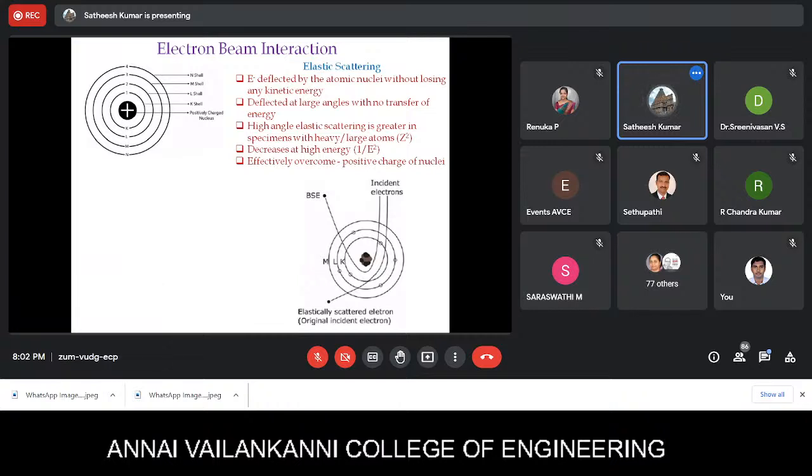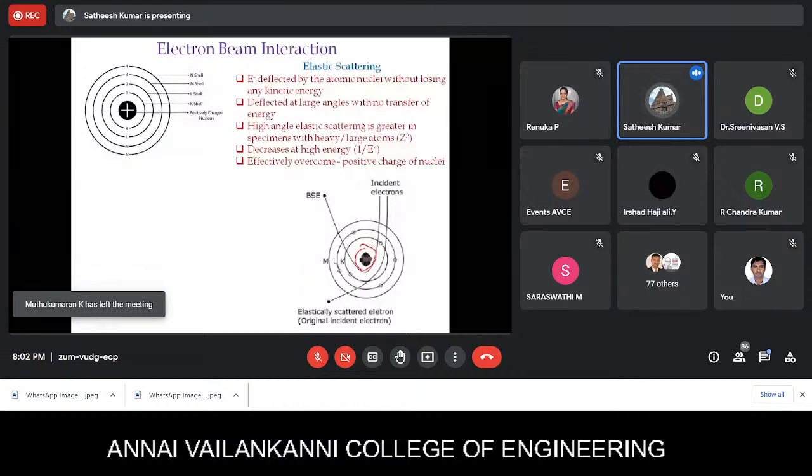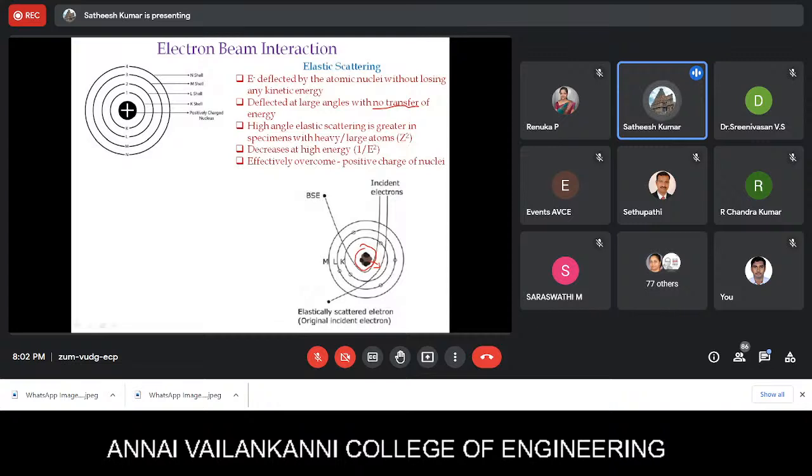So coming to the elastic scattering, this is how it happens. This is the incident electron coming from an electron beam source, and you have a strong positive nucleus here. The electron is deflected because of this positive charge, and it comes away with the same energy. There is no transfer of energy happening here. Without losing any kinetic energy, whatever energy is in the incident electron will almost be there in the